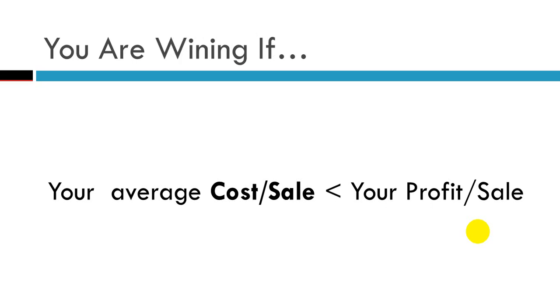But we are winning if the average cost per sale is less than the profit made per sale. So let us say after we've done our math, we're spending 10 naira to get a customer to buy, but the profit per sale is 20 naira or 15 naira. We know we are winning. The only thing we'll be thinking about is, can we get that profit up by maybe adding more value and increasing our price,